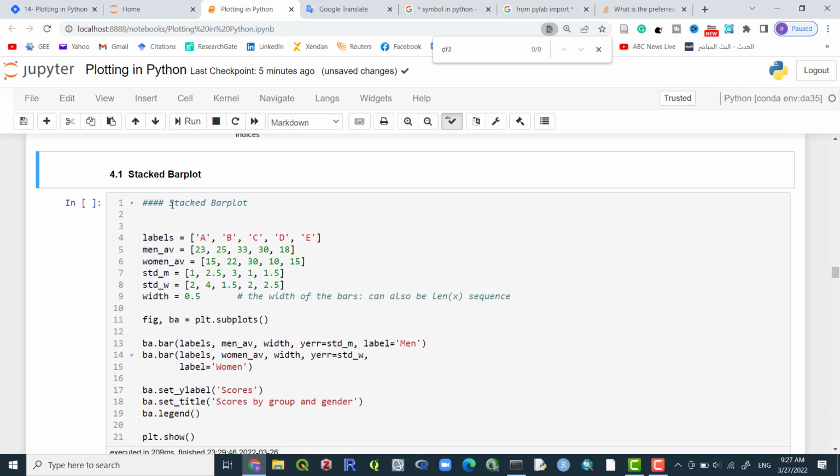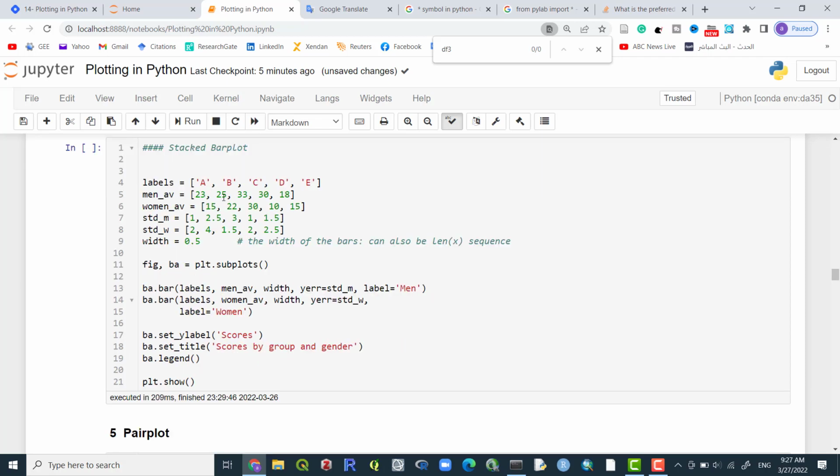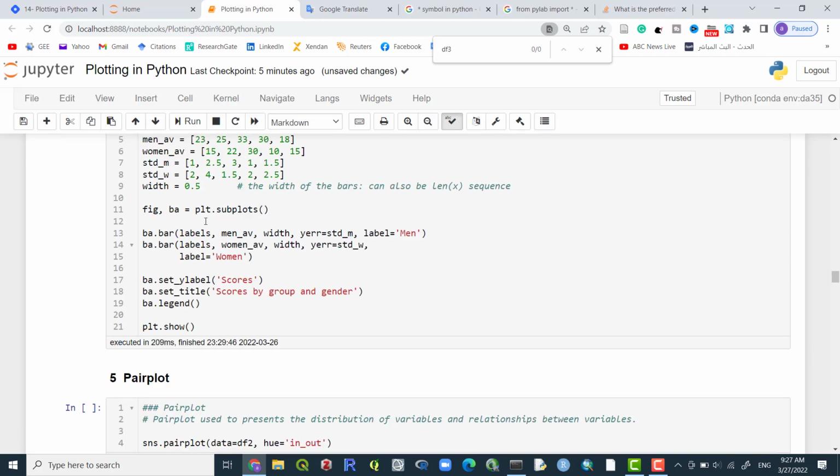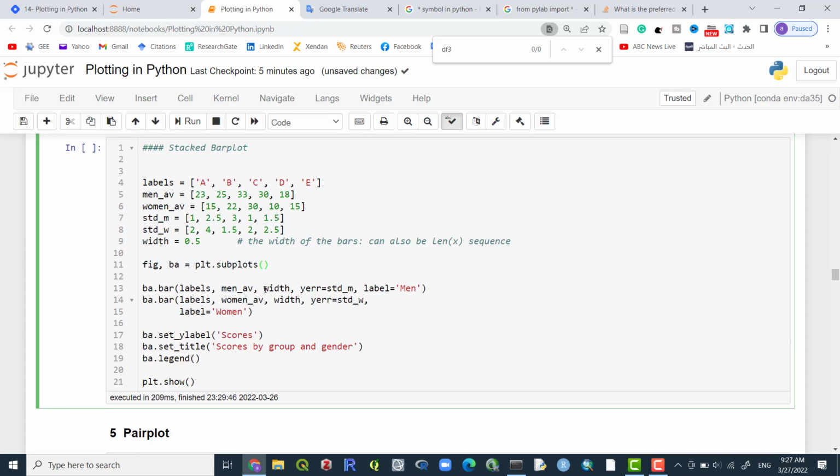We have stacked bar plot. We select labels A, B, C, D, and E. Men average these numbers, women average these numbers, then standard deviation of men and women, and width 0.5. fig, ba = plt.subplots, ba.bar labels from A to E, then men average, width, then